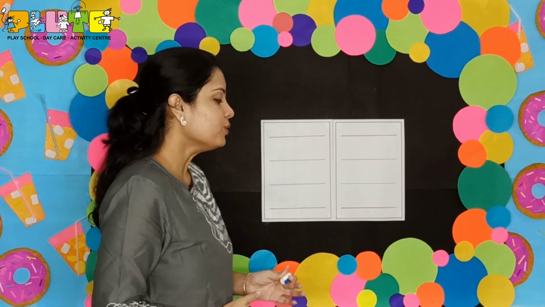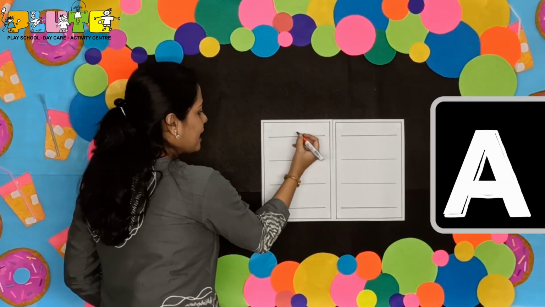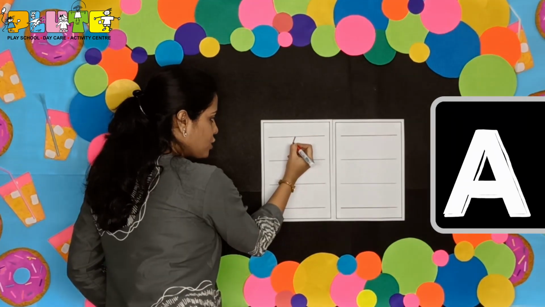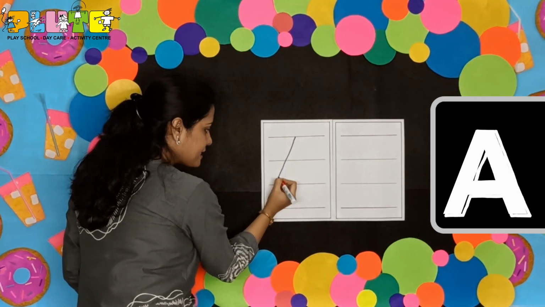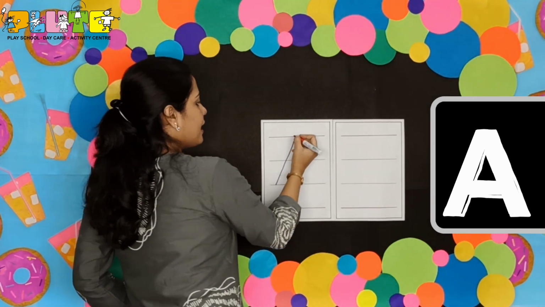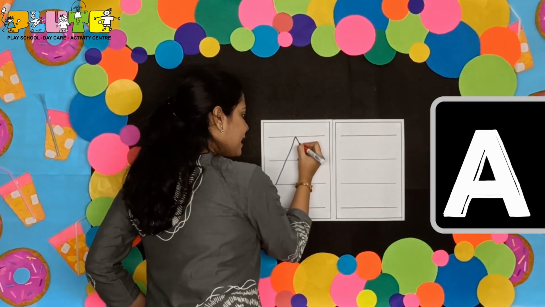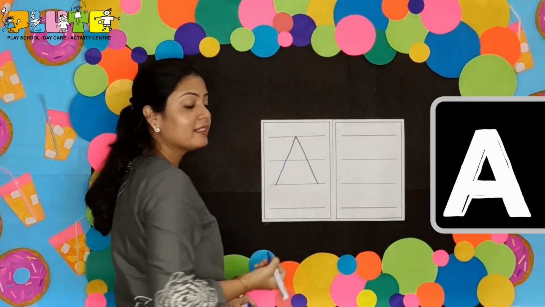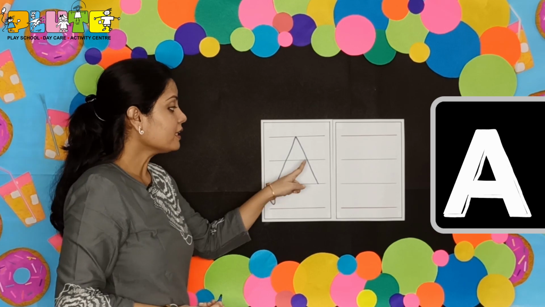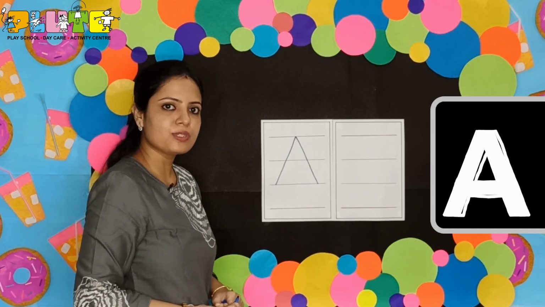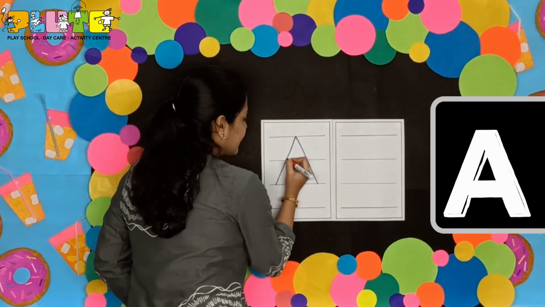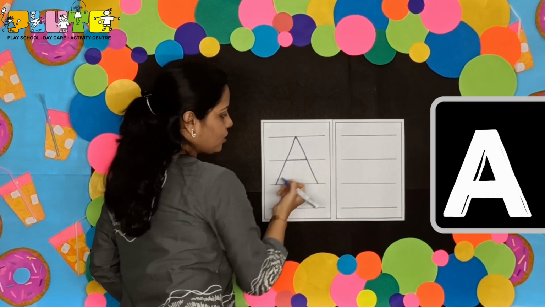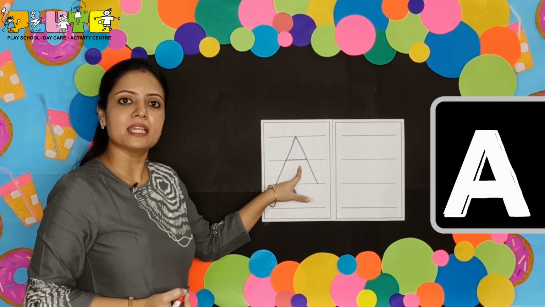Now children, we will write the letter A using slanting lines. So all of you look here. I'll draw a slanting line from the first line, slowly go down till the third line. I'll draw another slanting line from the top, that is the first line, slowly go down till the third line. So I'll join these 2 slanting lines using a sleeping line, and that sleeping line should be on the second line. Okay, so children, this is A.